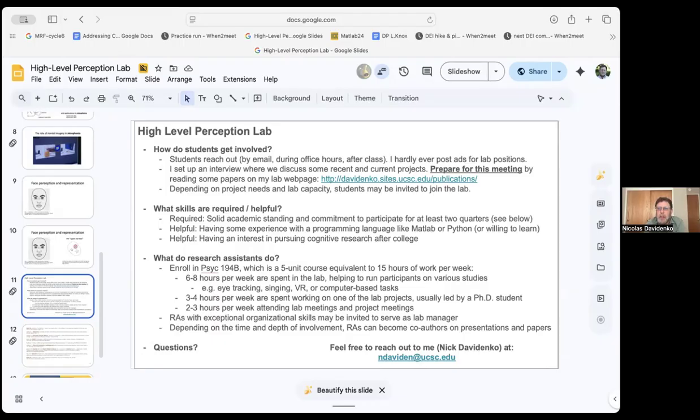Okay, so I see there's another question about one of our studies, the emotion recognition study. We're looking at how people perceive emotions in naturalistic stimuli. A lot of the studies on emotion perception are done with photographs of faces, and in this study, we're looking at short video clips, because in real life, people don't make expressions in the sort of canonical or standard